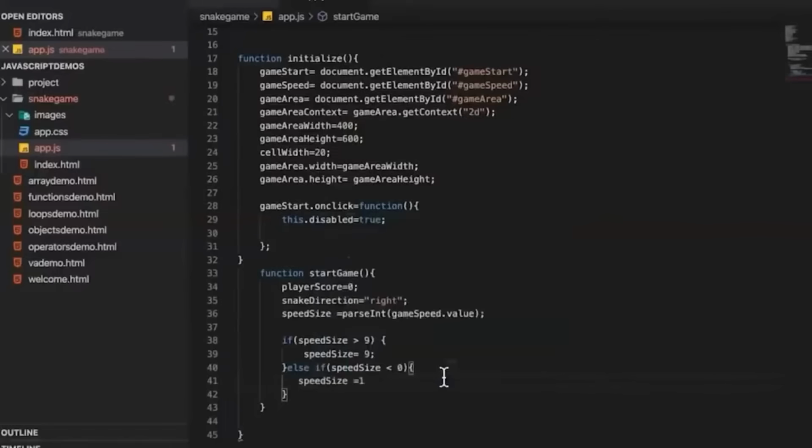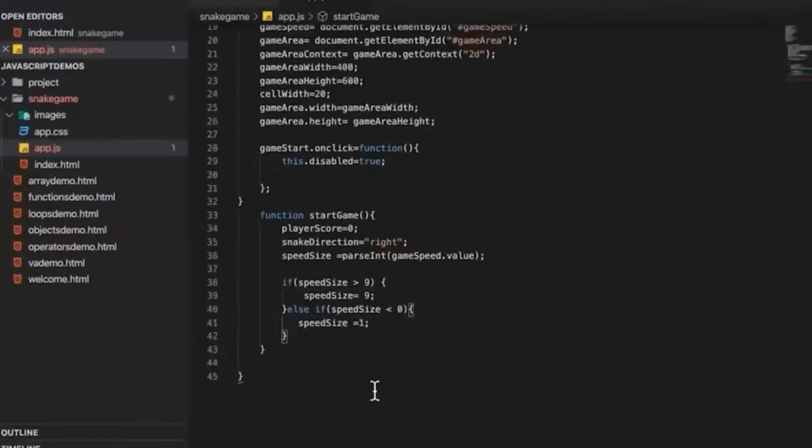That means if it is less than 0, I will be making it minimum 1. If it is greater than 9, I will be making it 9 maximum. And that's it. Okay, so after this else if condition is closed, we are saying speedSize equal to